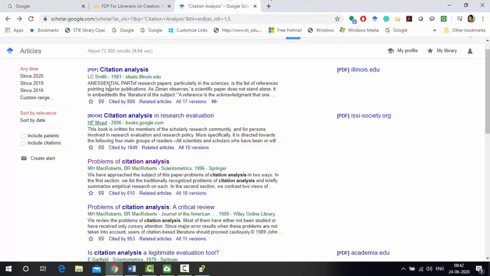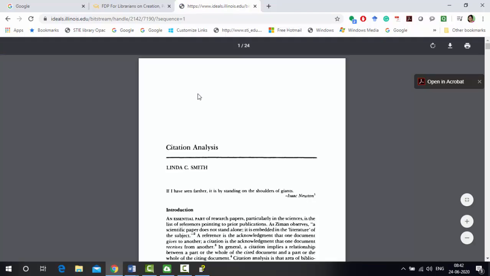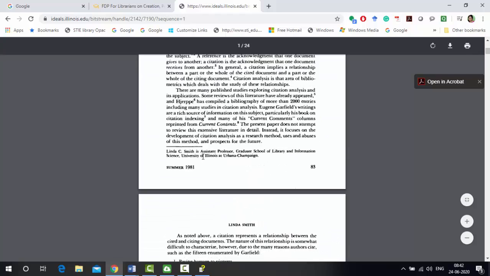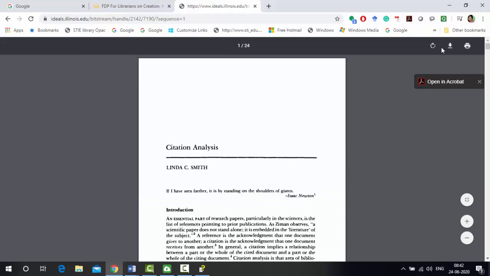Suppose this is the article. See, they have given me the full text article. I can download from here and save wherever I want.